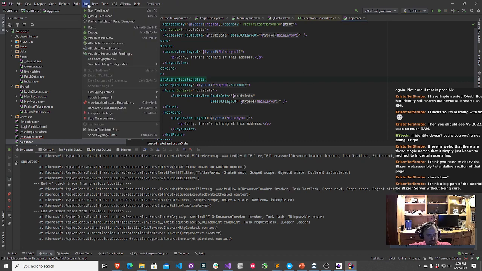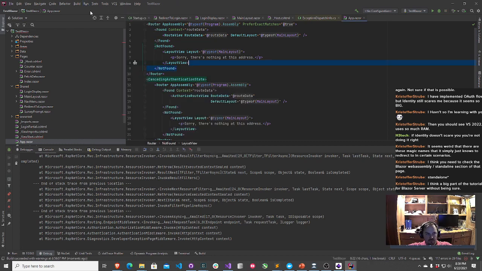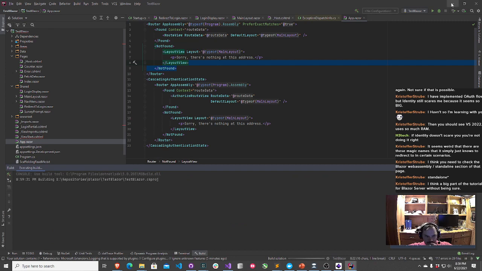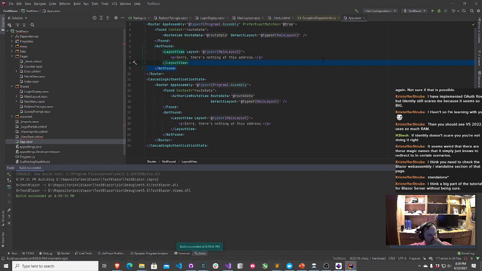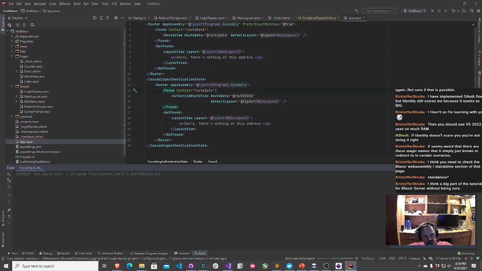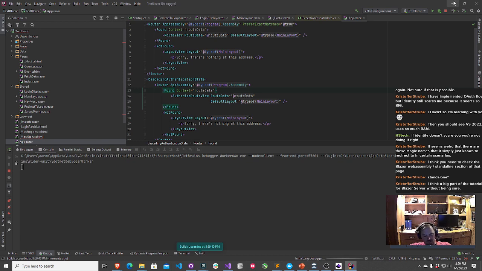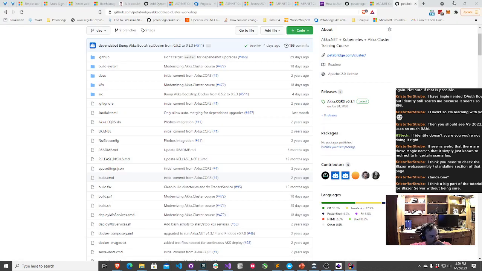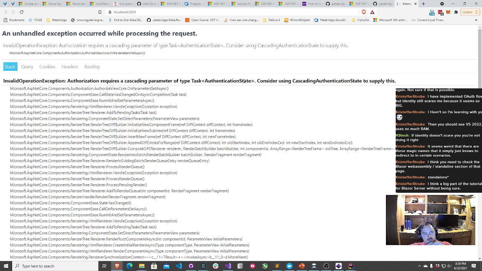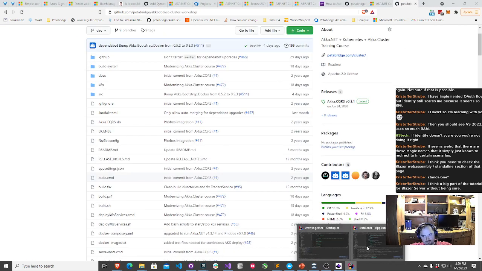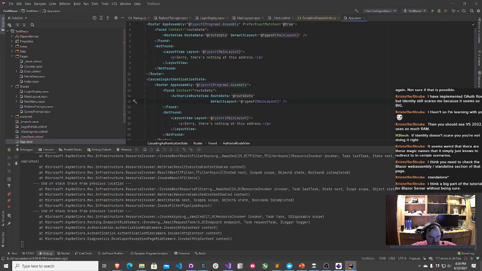Go and do Shift F5. That should kill it. Build solution. All right, I think this is still going to fail. I just wanted to make sure I wasn't running an old build. Okay, so that failed again. All right, getting the hang of this with Rider. Got to do Shift F5 to kill the process.